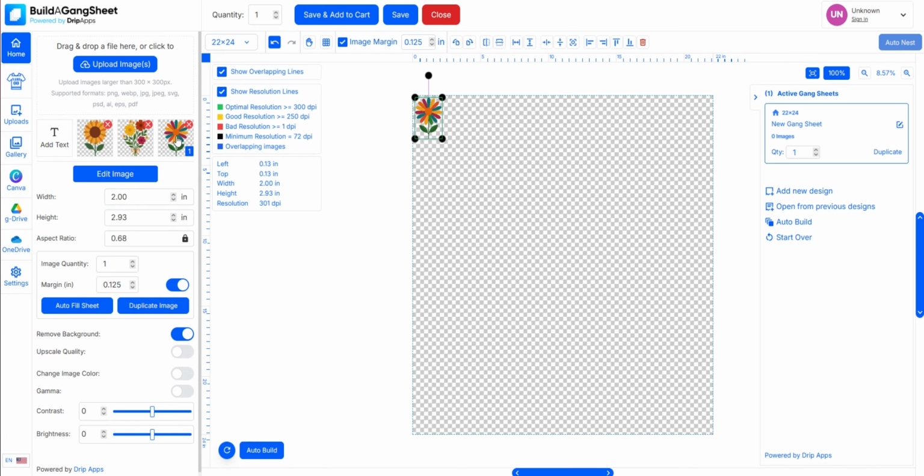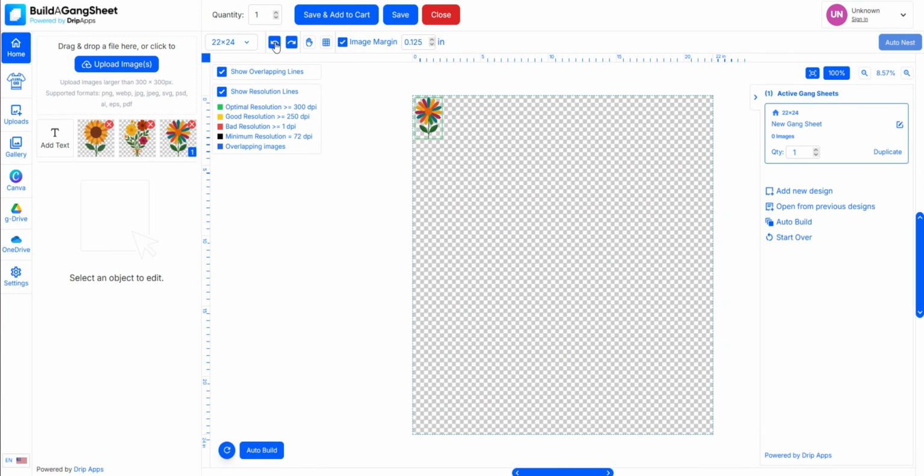Now once you have an image on the artboard, you'll notice you're able to modify the width, the height. You can choose to unlock the aspect ratio if you'd like. You have your image quantity. You have your margin. Now your margin is going to be the space between each image on the artboard. Generally you want to leave a bit of a gap to allow yourself to cut these out without any issues or accidentally clipping any of the prints. You do also have the option to autofill the sheet,